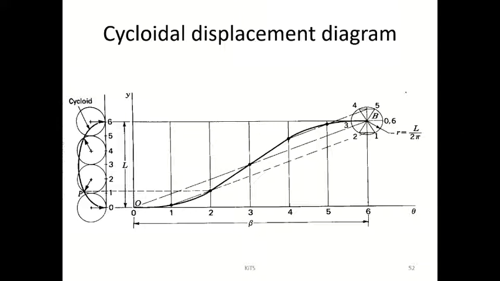Here, in cycloidal, you have to extend this line at the top and the bottom. Connect this top and bottom and extend this line, and here you have to draw a circle. This circle's radius is L by 2 pi, where L means the displacement the follower had. You will get a radius like 8 mm or 1.2 mm or 1.4 mm.